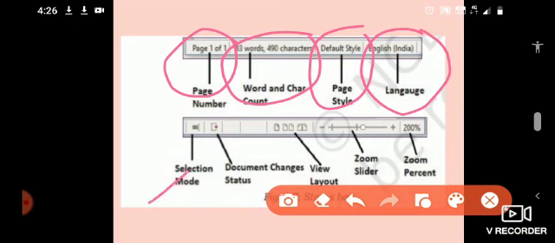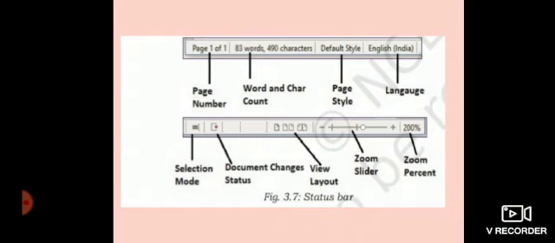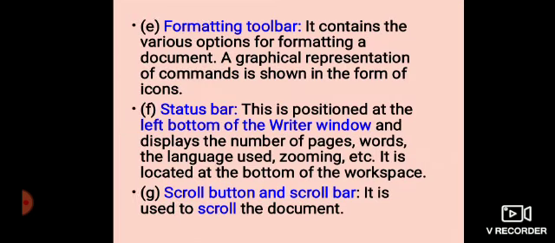Similarly, which mode you have selected, print mode or document mode. It shows the status of the document, the layout, zooming, and the zoom percentage. All these are nothing but the current status of your document, that is your status bar.